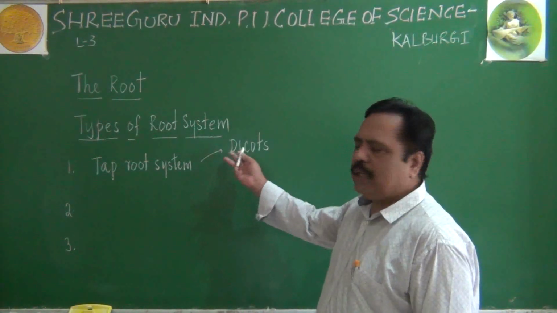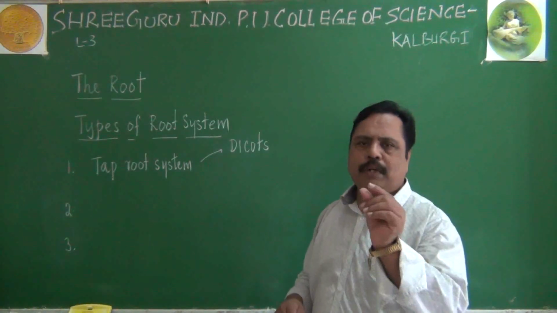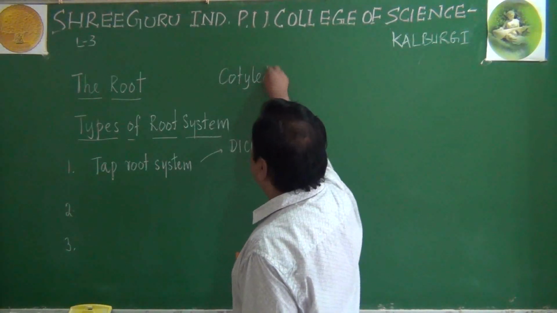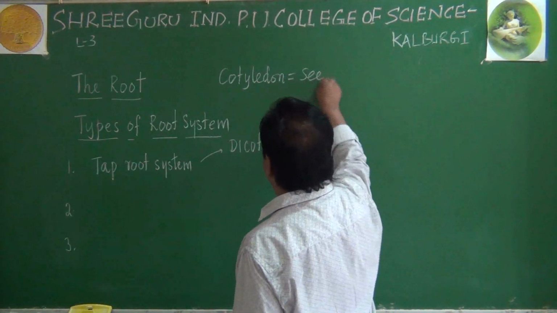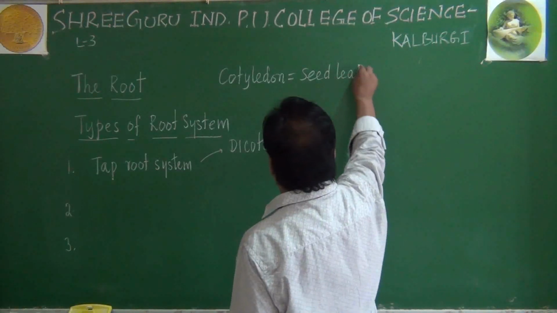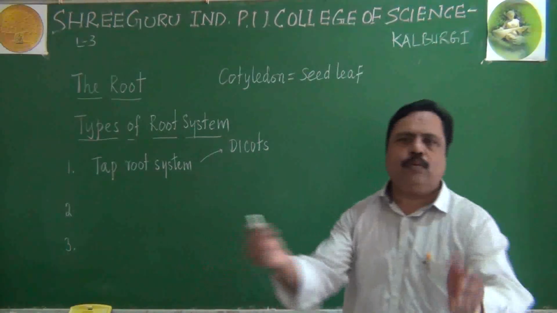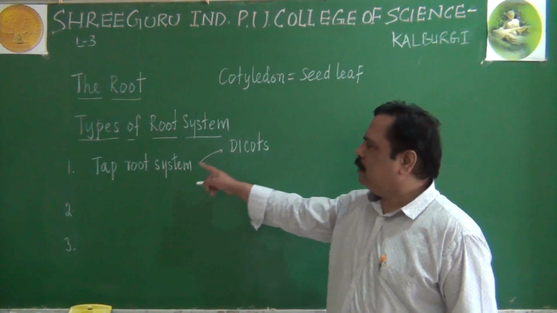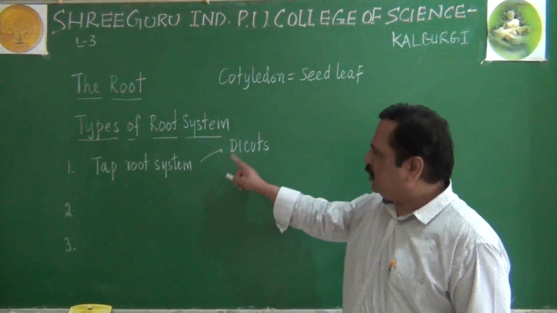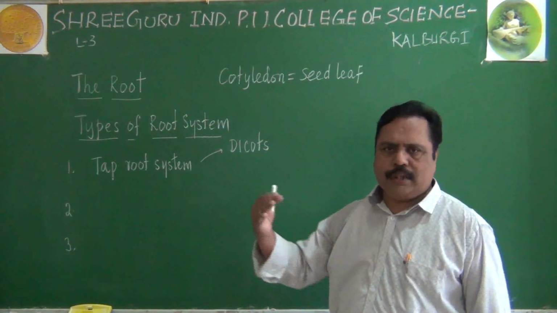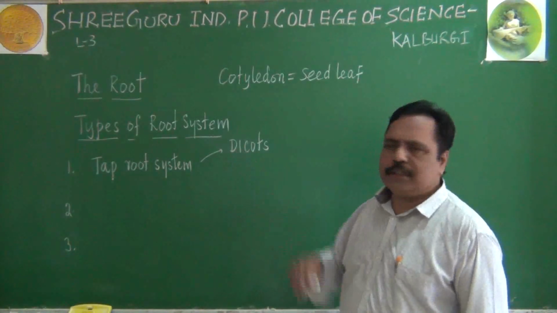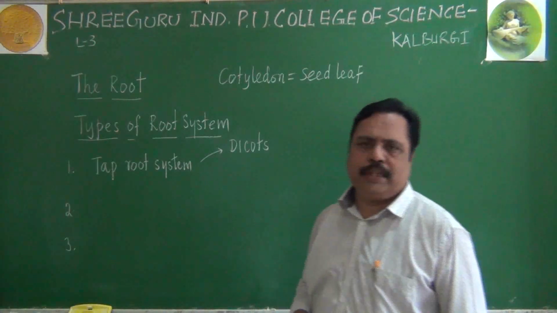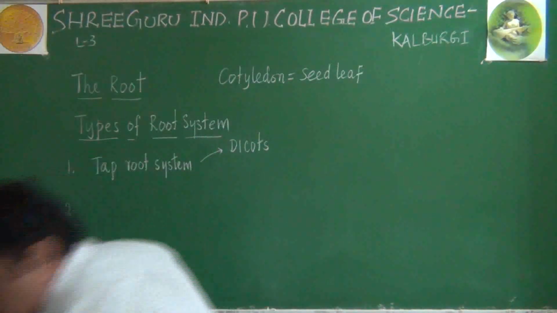You must be knowing about dicot and monocot depending upon their cotyledon. What is cotyledon? The word cotyledon refers to seed leaf, we can say. That means in the seed structure, whether they have two leaves or one leaf, that is called cotyledon. Dicot plants will be having taproot system. About the dicot plant, we will study later. Okay, I will tell you some examples and how they are differentiated, everything. So dicot plants are exhibiting the taproot system mainly. What is the structure of this one?